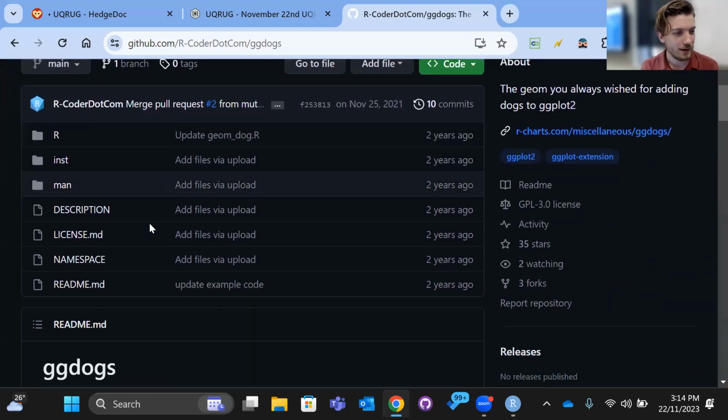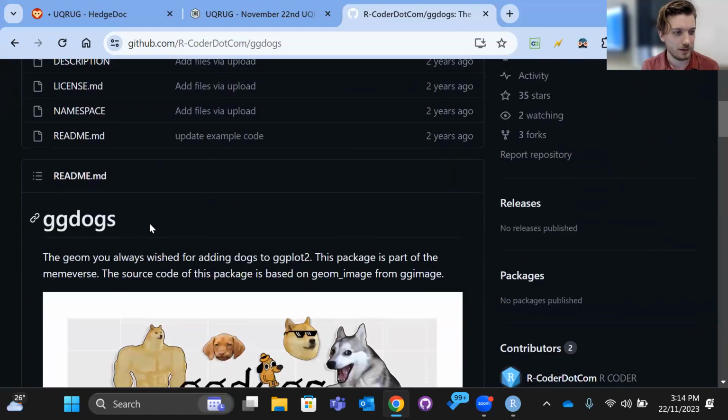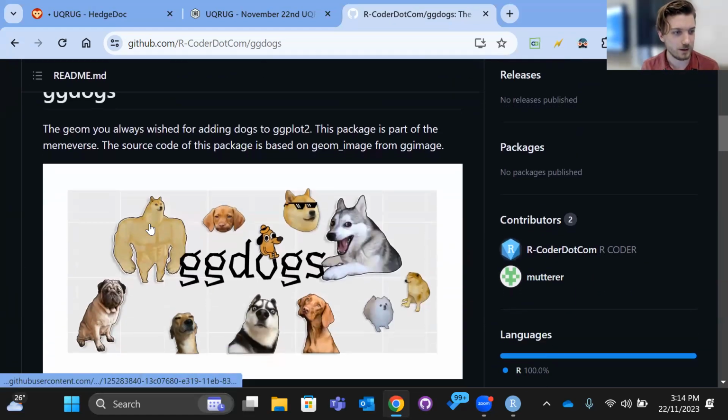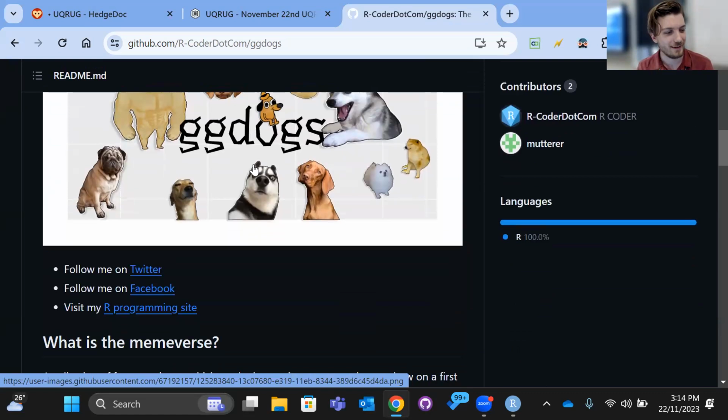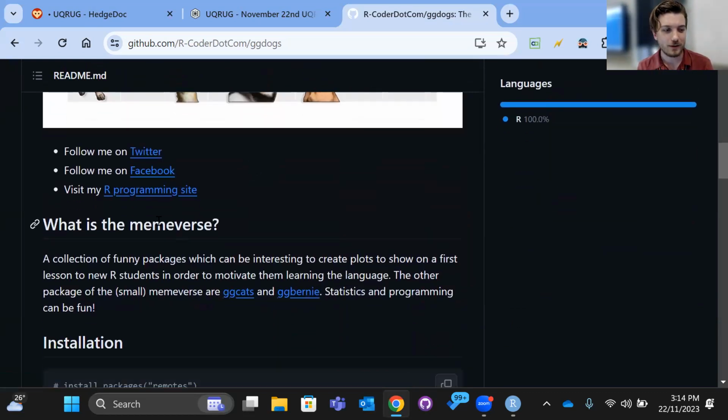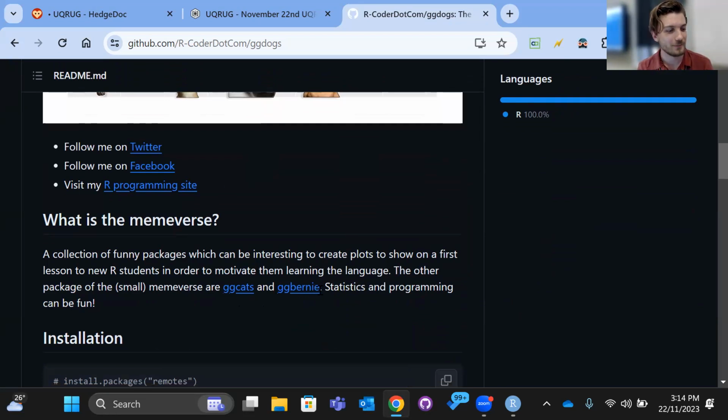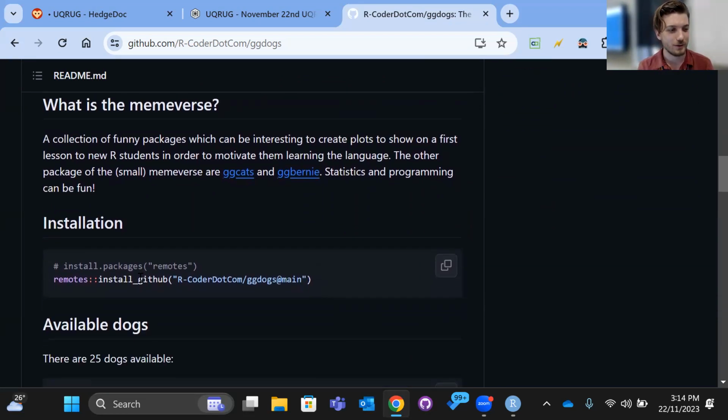If you scroll down through GitHub, if you're afraid of GitHub, don't worry. There's a nice friendly README file with lots of dogs on it. These are just some of the many dogs you can put into your graphs. There's a whole meme verse. This is a bit of a spoiler, but we'll be getting to those ones in a moment. If you do want to install it, simply go to this installation section here, and that's what you need to install it. So copy paste it.